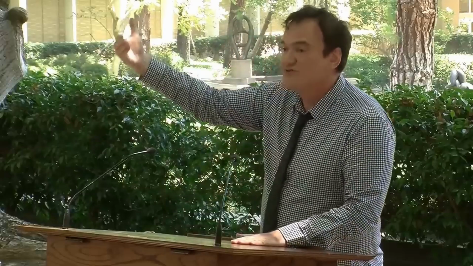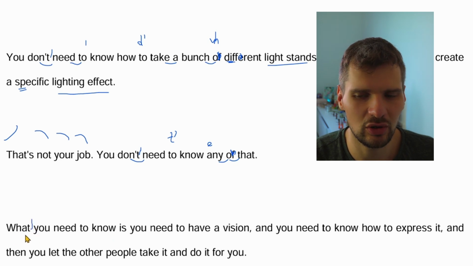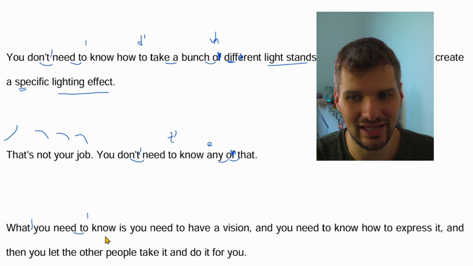What you need to know is you need to have a vision and you need to know how to express it. And then you let the other people take it and do it for you. What you need to know is what there is no, the T is silent. What you need to know, linking here, need to know is,